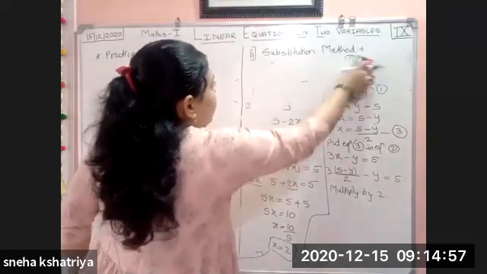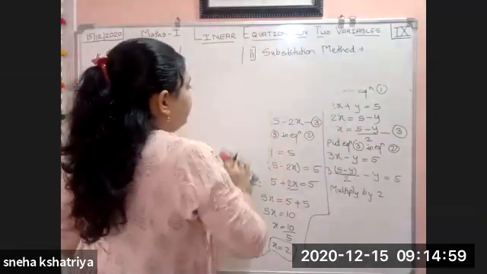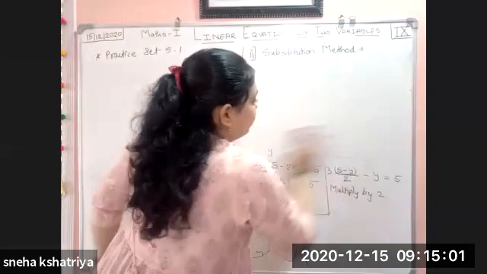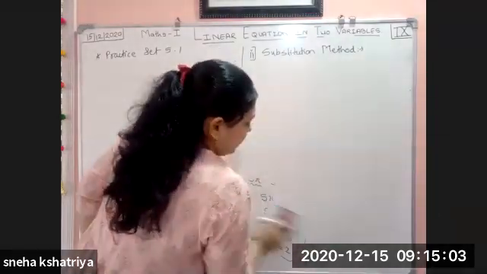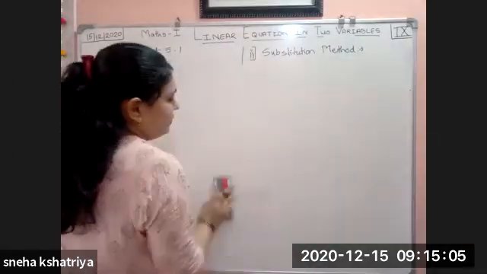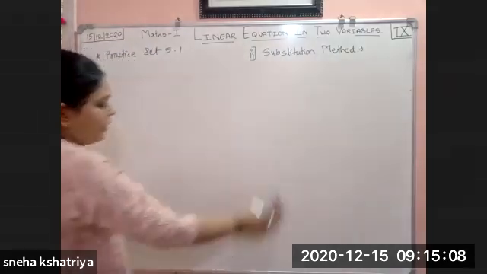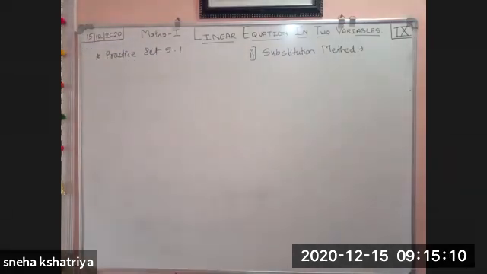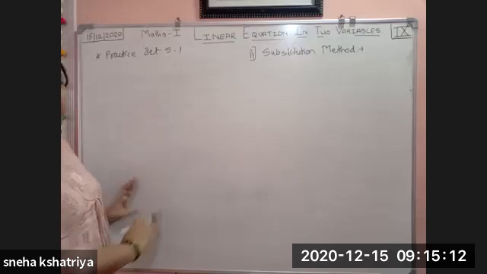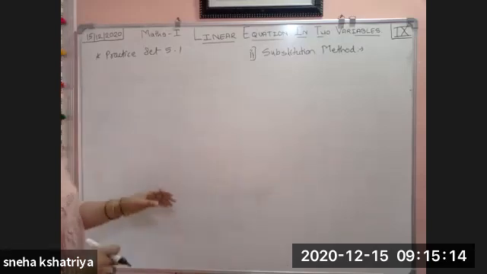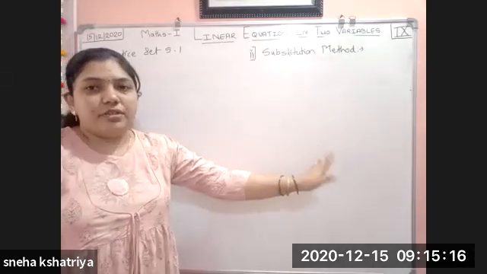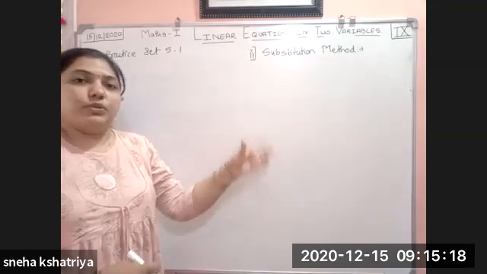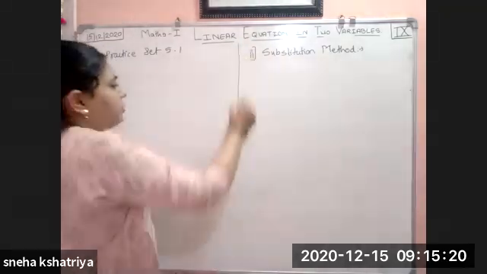So this was the second example from your practice set, question number 3. Now we will see the third example. Now I'm not going to show you each and every method. I'm going to solve by only the elimination method and the substitution method. So in that method, I'm not going to shift; I'm only taking whichever one is convenient. According to that, we will see.